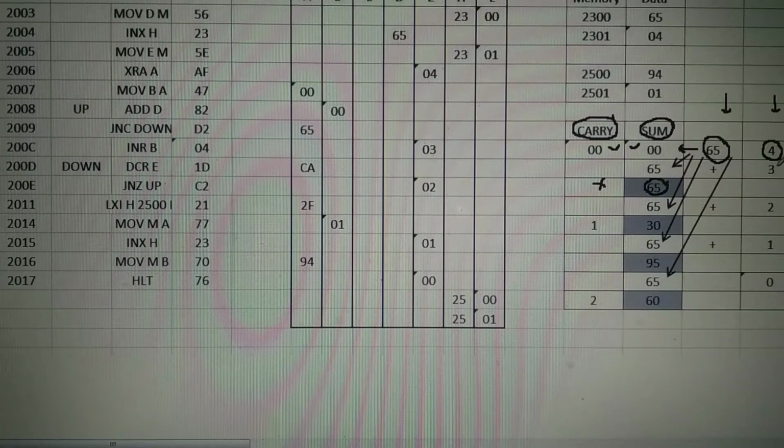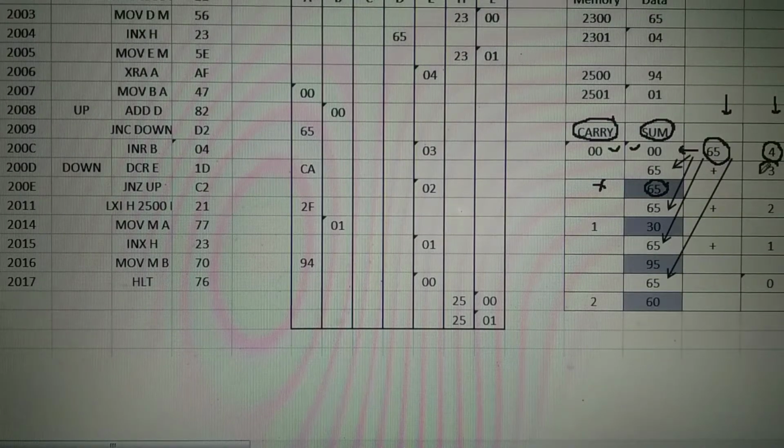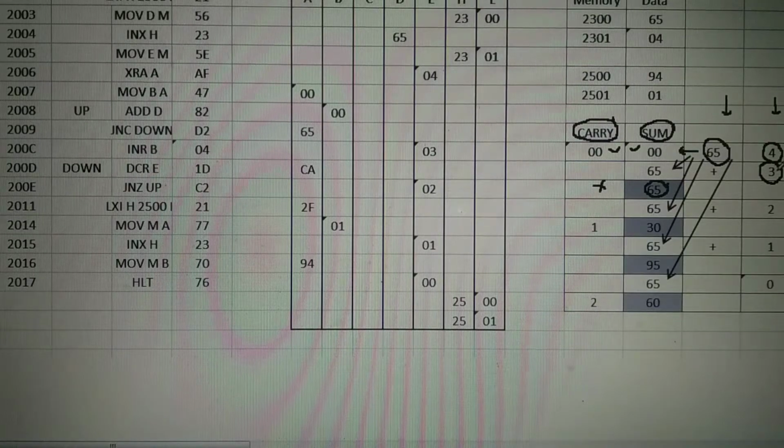That means 1 time 65 is added. Remove one marble from the box, that is, decrement the number. Now you are having 3 marbles in the box. That means still 3 times you have to add the 65.